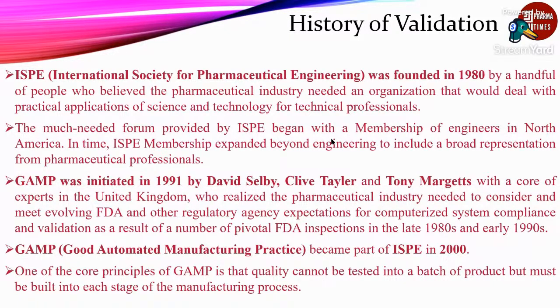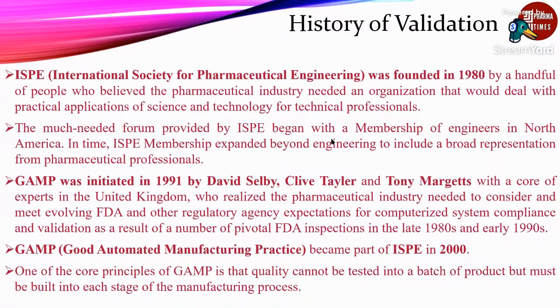So afterwards, GAMP defined the guideline. It means ISPE produced the guideline which is called GAMP, Good Automated Manufacturing Practice. The principle of GAMP is that quality cannot be tested into a batch of product, but must be built into each stage of the pharma manufacturing process. It means after the product is released in a batch and to the market, you can't say that the product is good, but GAMP says that